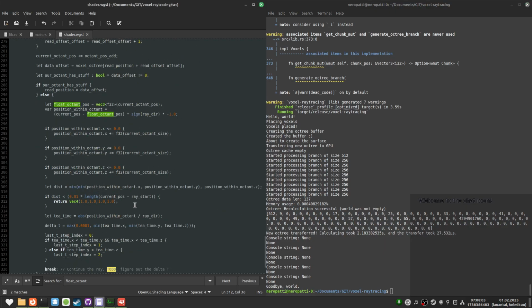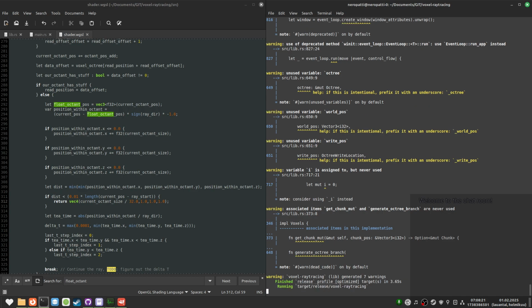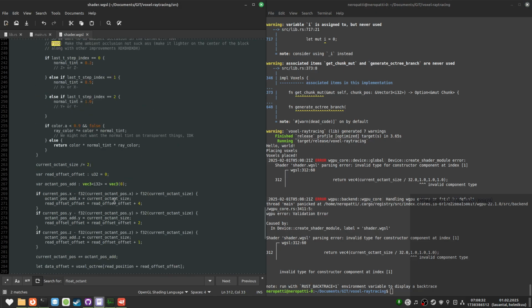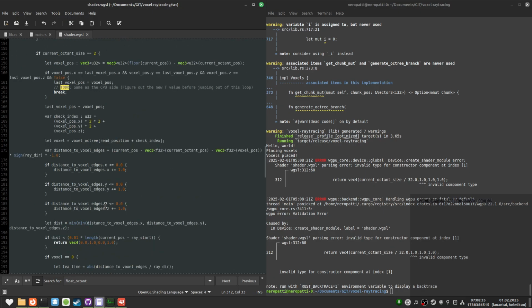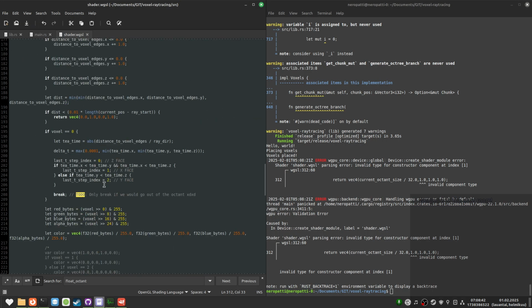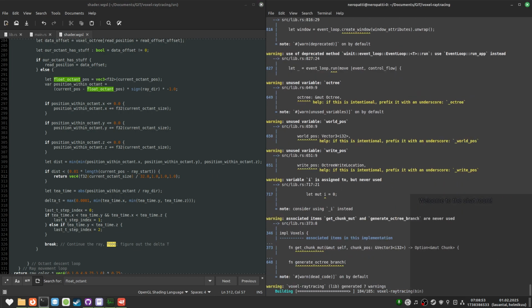Okay. Should give different colors. Wait, is this a Vec3? No, it's an i32. Oh, I see.